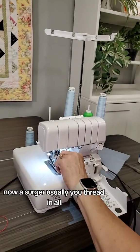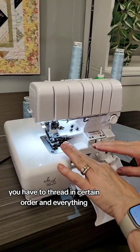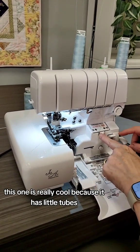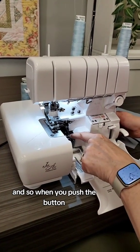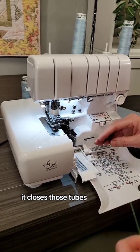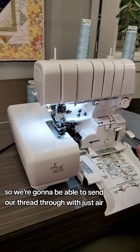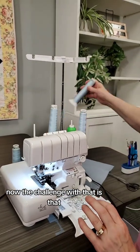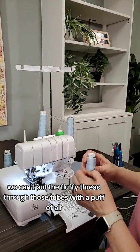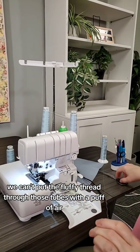Now, with a serger, usually you have to thread in a certain order and everything. This one is really cool because it has little tubes, and when you push the button, it closes those tubes, so we're going to be able to send our thread through with just air. Now, the challenge with that is that we can't put the fluffy thread through those tubes with a puff of